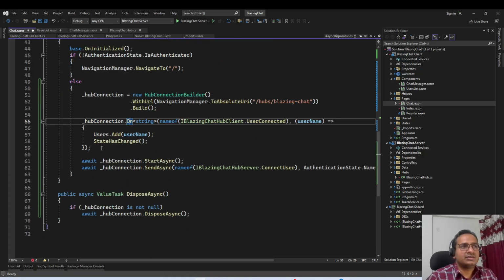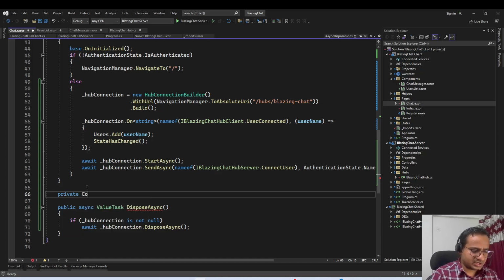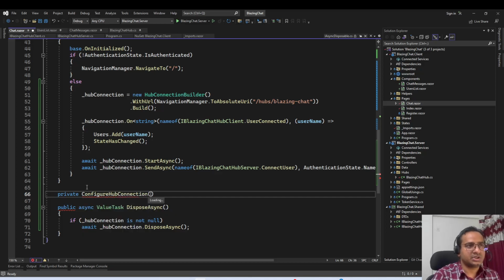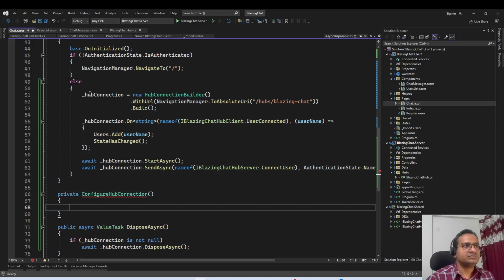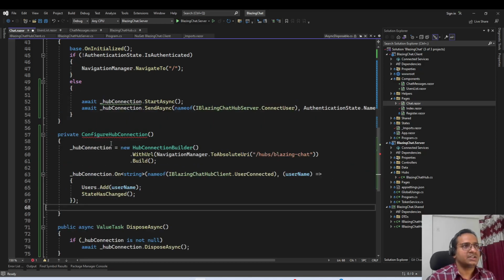When we have set this, we are going to have other handlers also. So let's create a separate method for creating and configuring the hub connection, right? Configure hub connection. Let's do this, and let's cut this code from here and have it here,